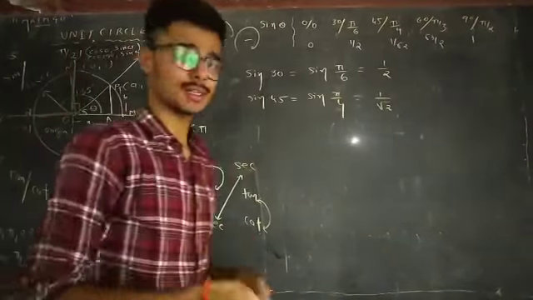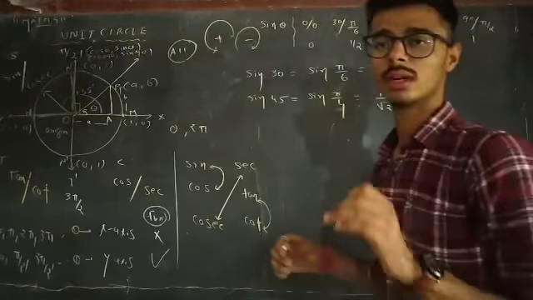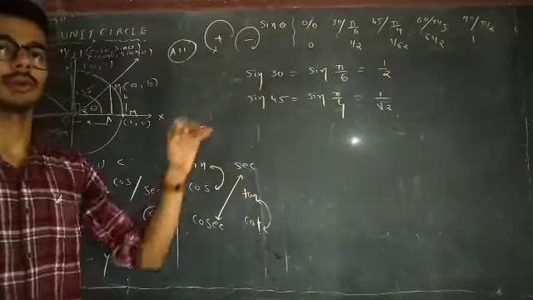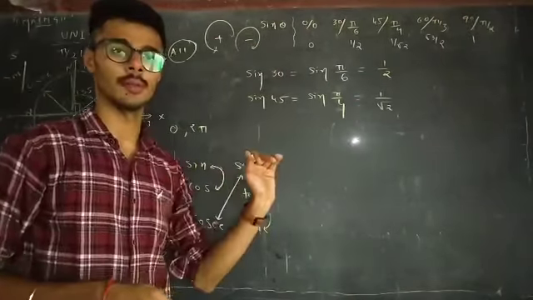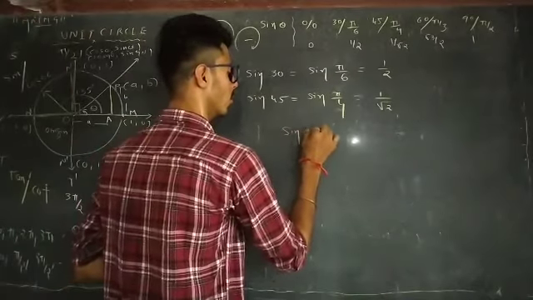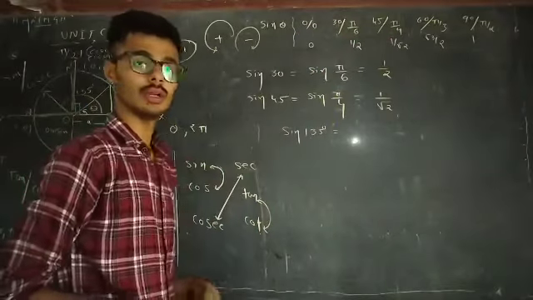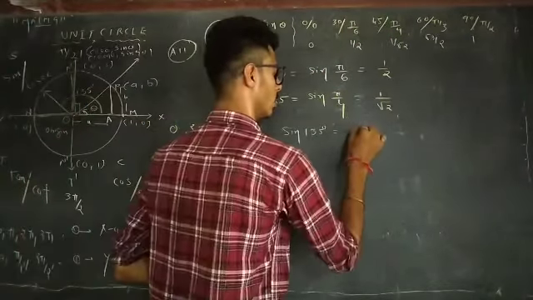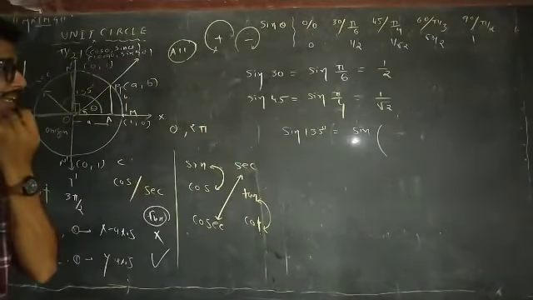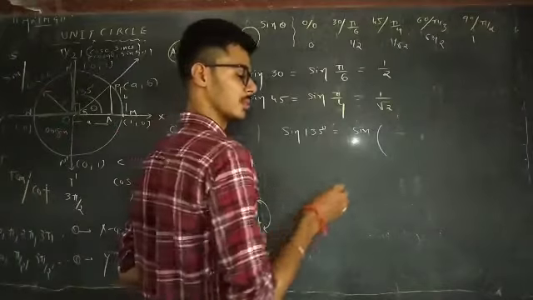So in case theta is more than 90, how can we find out that value? If theta lies between 0 to 90, then we easily use the table. But in case of more than 90, for example sin 135, which is more than 90, in the table there is no 135 degree. So we convert 135 into radians. 45 threes are 135, and 45 means pi by 4.